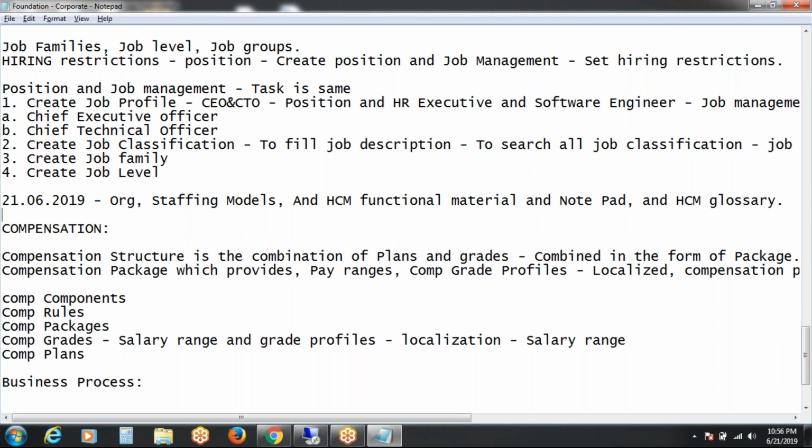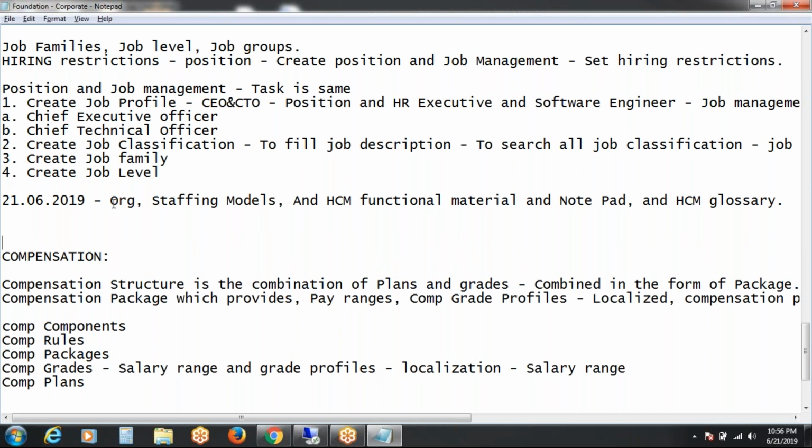This HCM glossary is very important. I am going to send these now, and you will receive them by the end of the night or tomorrow from the organizer.